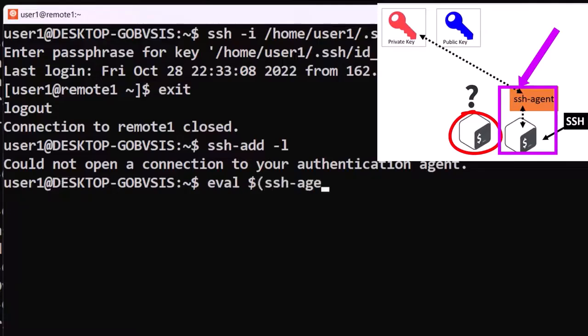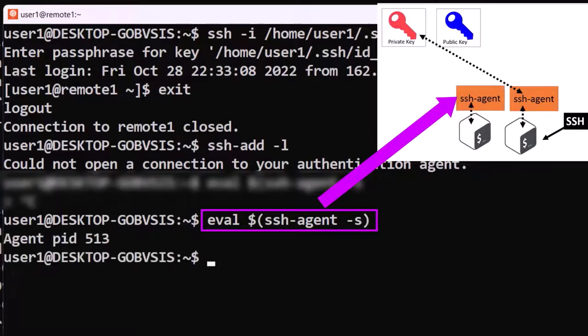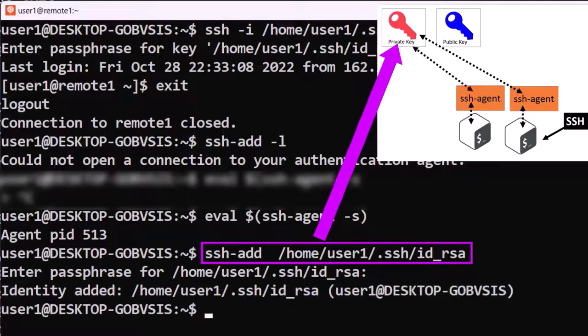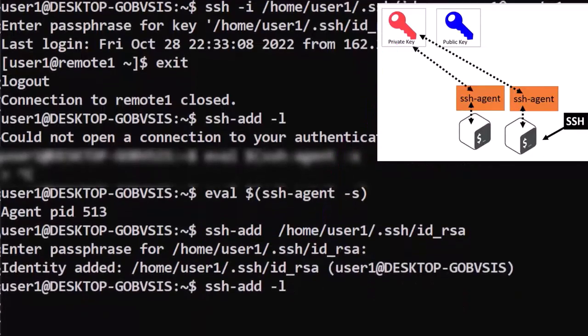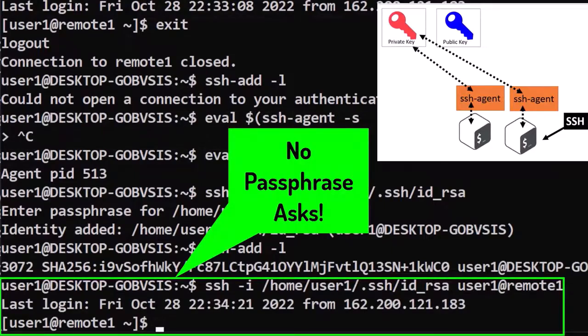So the quick fix is to repeat these steps again. And we're back in.